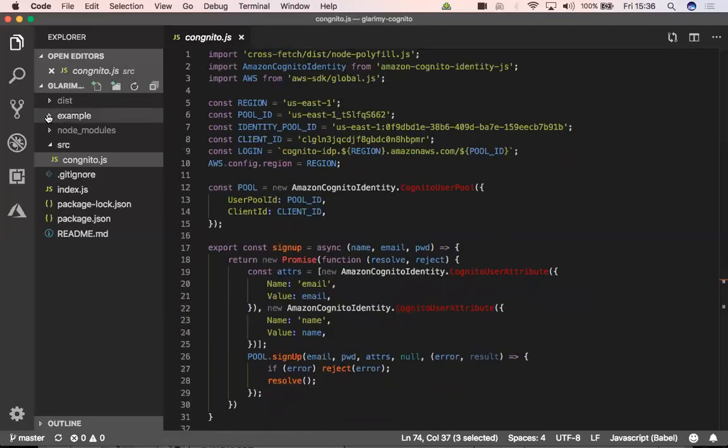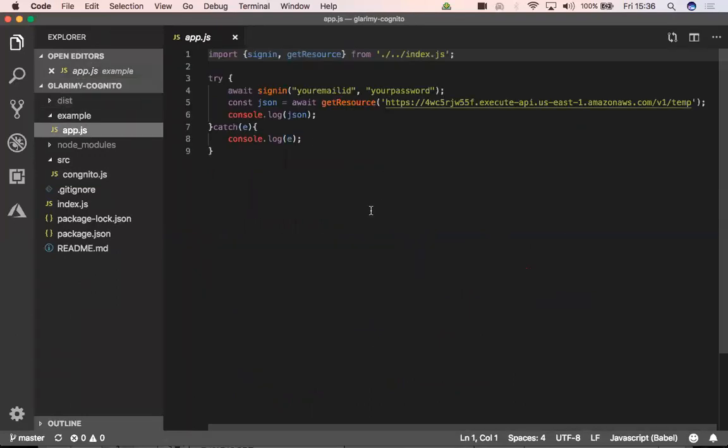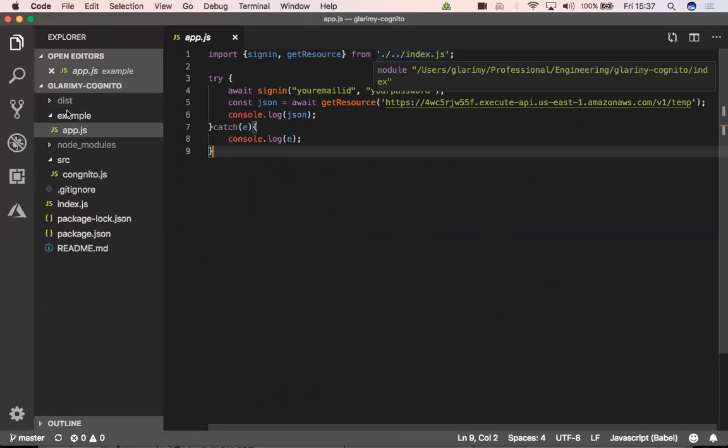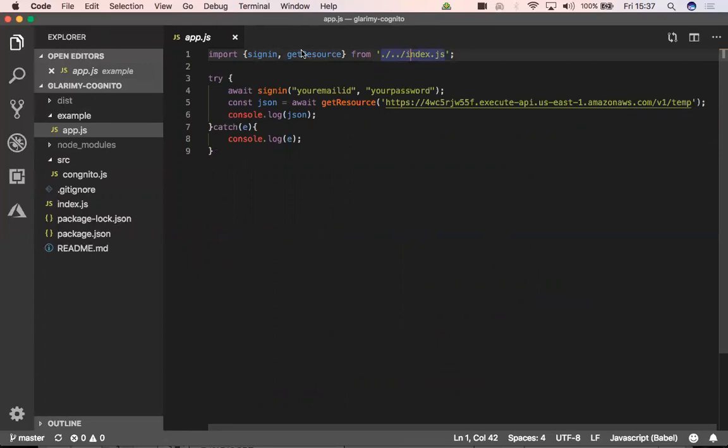I just created a simple example also. Finally, when you are developing, let's say, an ERP kind of application, as long as you have our Cognito service. Currently the Cognito is in the index.js, so this is how it is coming. This first line is for the local example. What you need to do is, once you have the Glarimai Cognito, only these 4-5 lines of code should be enough for you to log in, to sign in, and so on.